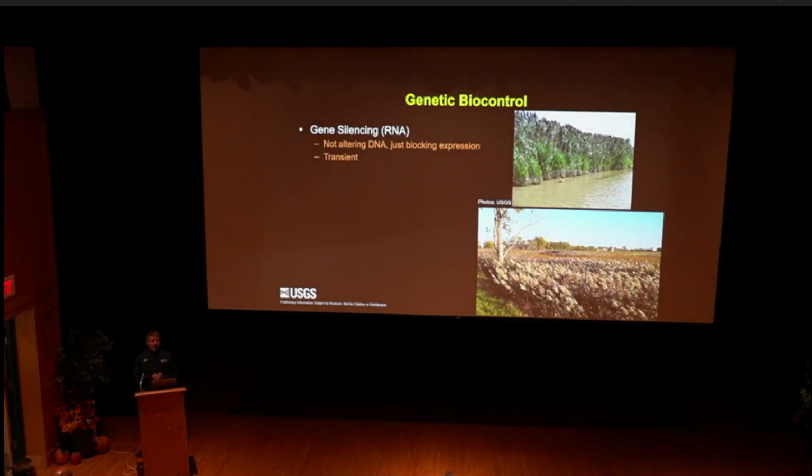So what we're focused on is this gene silencing, or limiting the expression of certain traits. And foundationally, this is not the same as gene drives or CRISPR DNA-based treatments, because this is focused on the RNA. So the DNA is persistent through time and among generations. The RNA is a transcription of the DNA. So it's by generation, so it's transient. The RNA is not passed on from generation to generation. And so we're focused on that, blocking the expression of the traits